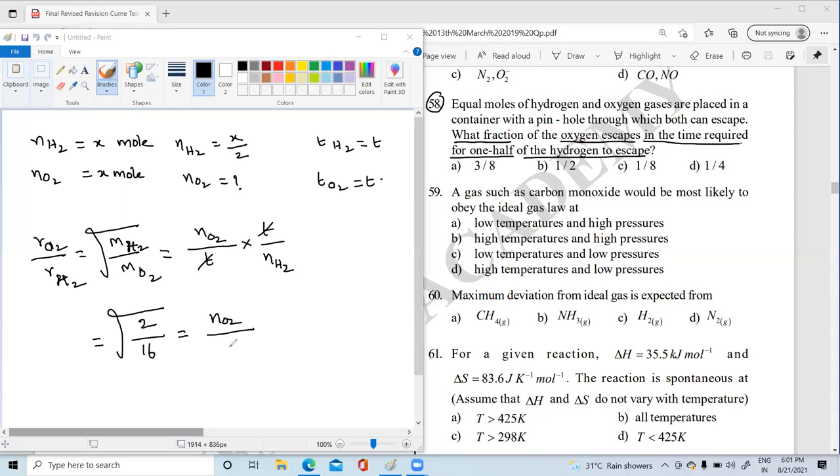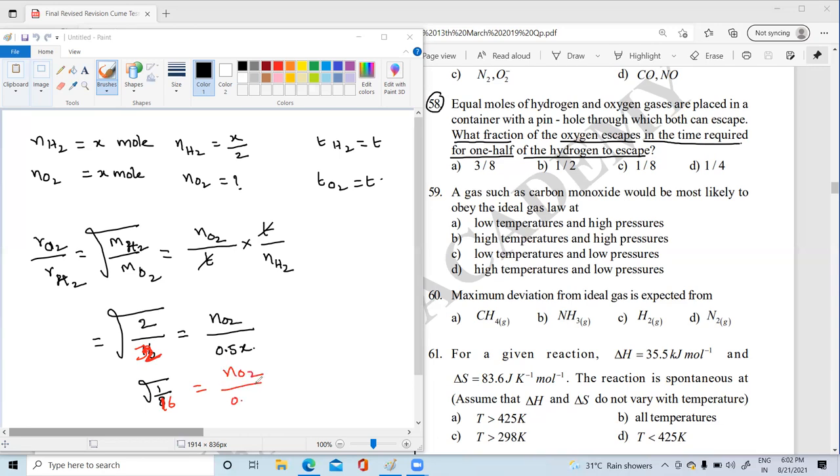X by 2 is there. Nothing but 0.5 of X. So on simplification we'll get root 1 by... 1s and 8s are there. That means, sorry students, here the weight is 32, right? Molecular weight of oxygen should be 32. Sorry for that. So we'll get 1 by 16 equal to n by 2